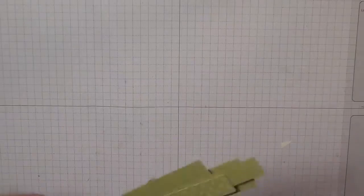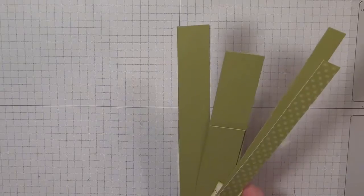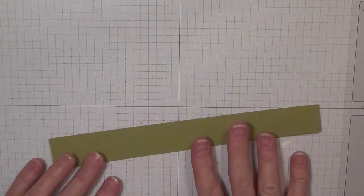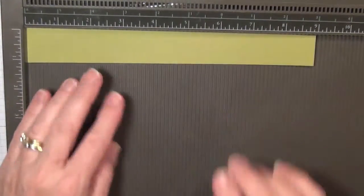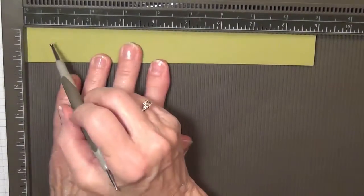So I started out with some strips of old olive cardstock. I have one that is 9 inches by 1 inch, which is what I'm going to use first. And then I'm going to bring in my score tool and get my stylus, and I'm going to mark this at